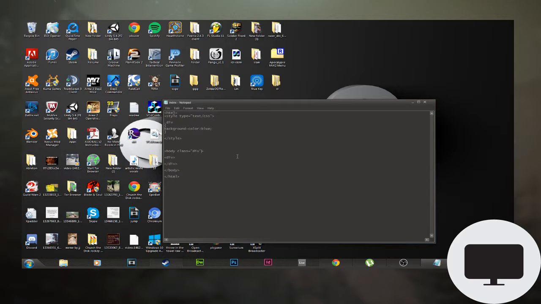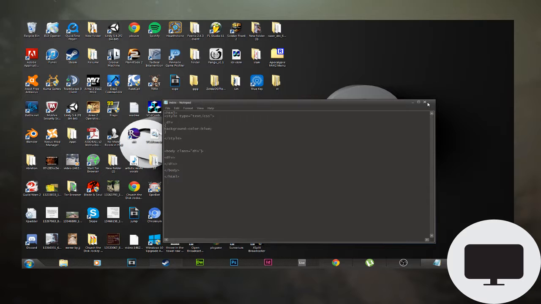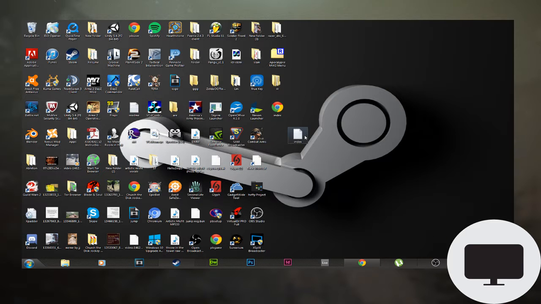And if we were to save this, if we go to save as all files .html and hit save, now you'll notice that it saves another file, index HTML,